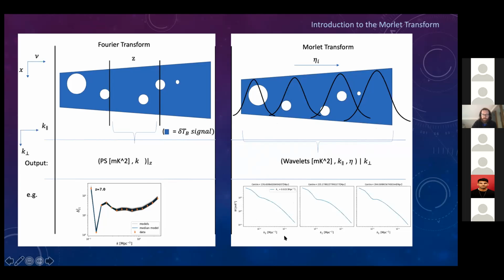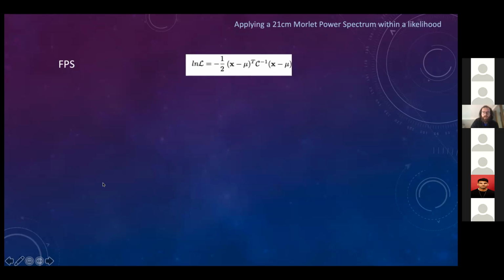But I'll come to trying to interpret this a little bit later. So now that we're trying to input this within a parameter estimation context, we need a likelihood function. Typically for the Fourier power spectrum, we take X as our sample and U as our data, which is simulated in this context. And the covariance that we use, ignoring cross-correlation terms within our light cone, essentially assuming that